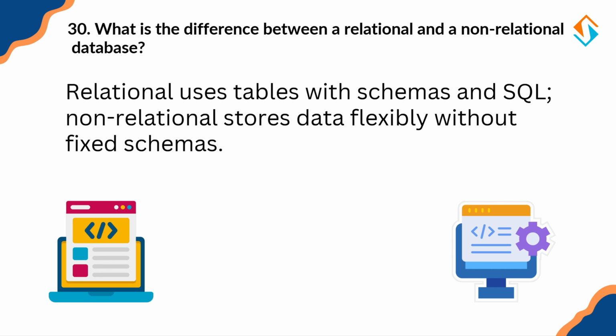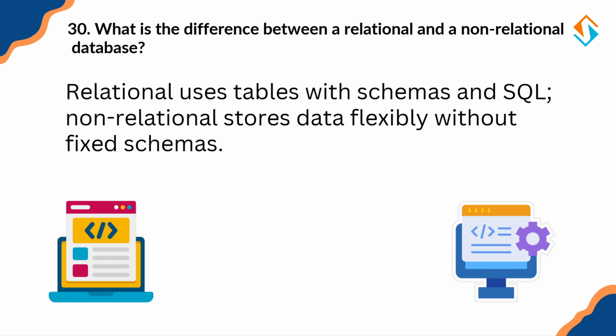Now friends, let's jump to the next question. What's the difference between a relational and a non-relational database? Okay. So let's understand it in the format of a table. The structure of a relational database is table-based with a fixed schema, while a non-relational database has flexible documents and key value. Second feature is query language. In the relational database, it is SQL, while in non-relational databases, it is like MongoDB, which uses JSON-like queries.